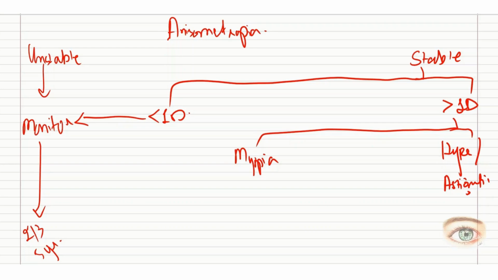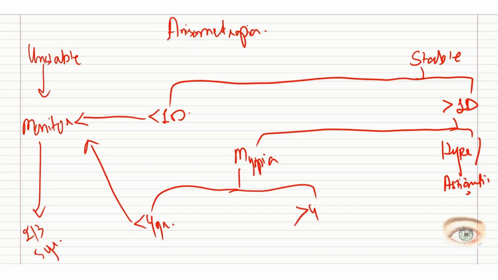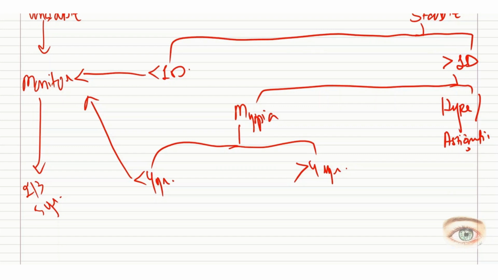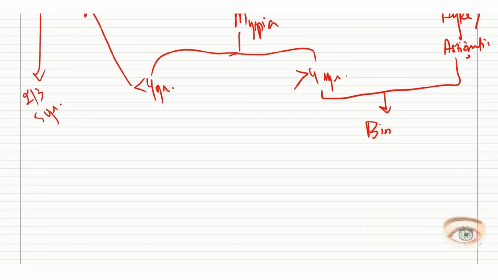So if the patient is myopic, you have to see the age. If the child is less than 4 years, you are going to monitor and reevaluate the patient at the age of 2, 3, and 5 years. And if the myopia is greater than 4 years, or if it is hyperopic and astigmatism, you are going to evaluate for binocularity and dysfunction and motor coordination, all those tests which are necessary because there is a high risk of amblyopia,